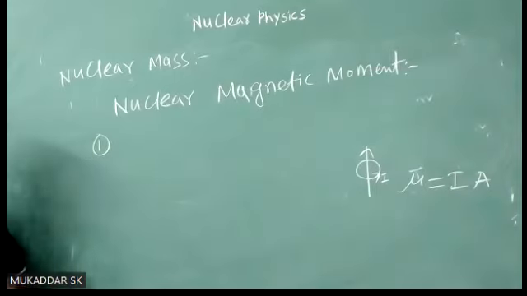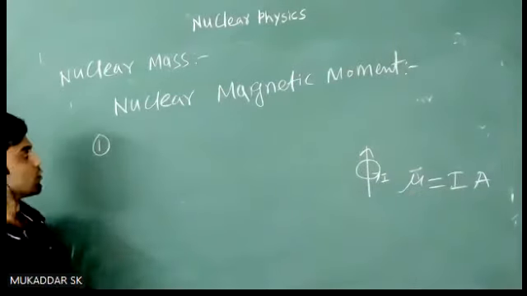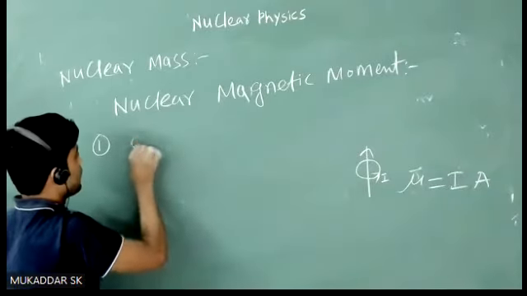Sir, inside the nucleus, proton is revolving. Yes. Okay, sir. Inside, protons are revolving, neutrons are revolving, and during that rotation or orbital motion, they are spinning also. But please keep in mind that orbital motion of neutrons will not produce any magnetic moment because neutron is a neutral particle. It will not carry any current, so obviously magnetic moment will be zero. So the first reason is the orbital motion of